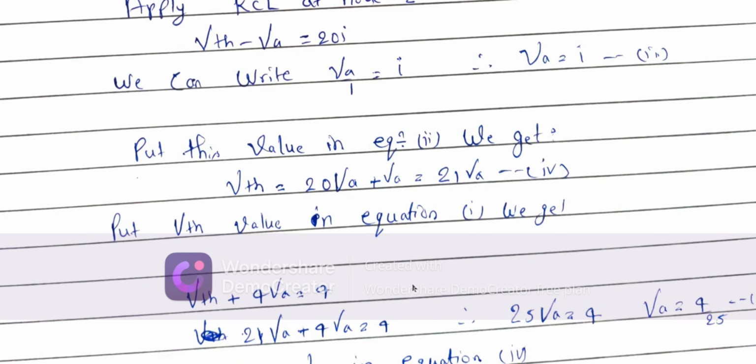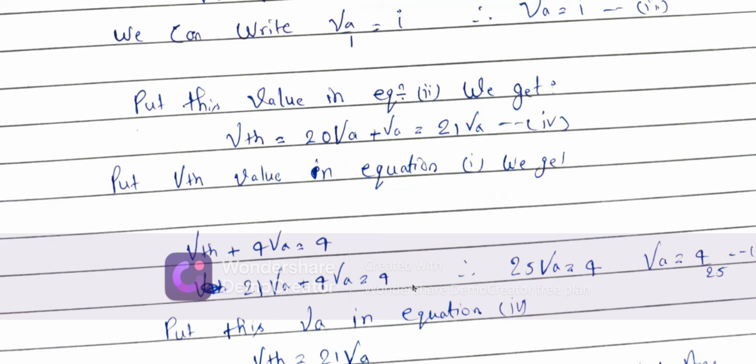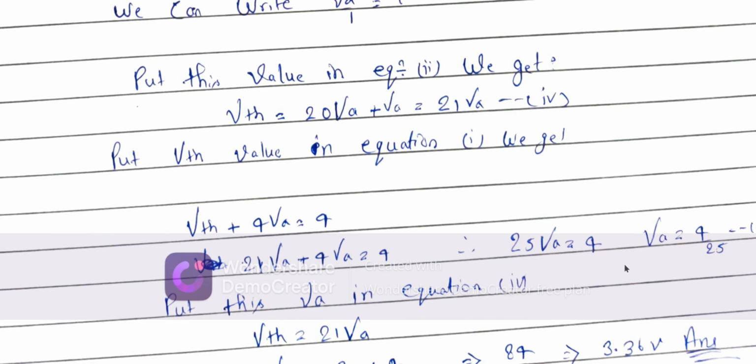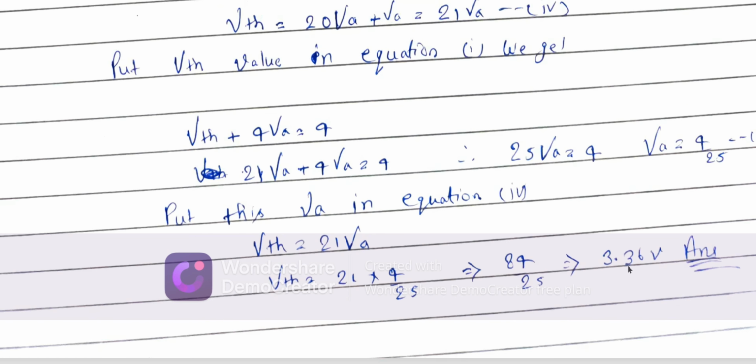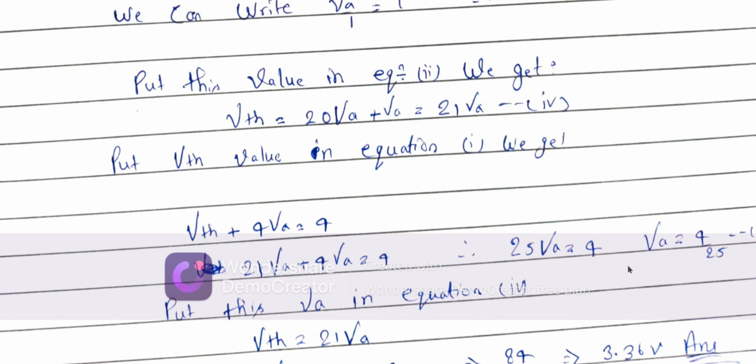And we can write VA by 1 is equal to I, because if you apply the KCL, VA by 1 is equal to I. So VA is equal to I. Put this value in equation 2, we get VTH is equal to 20 VA plus VA, which is 21 VA. If we put the VTH value in equation 1, 21 VA plus 4 VA is equal to 4, so 25 VA is equal to 4, so VA is equal to 4 by 25. We find the VA value. Now we have to find the VTH value very easily, because